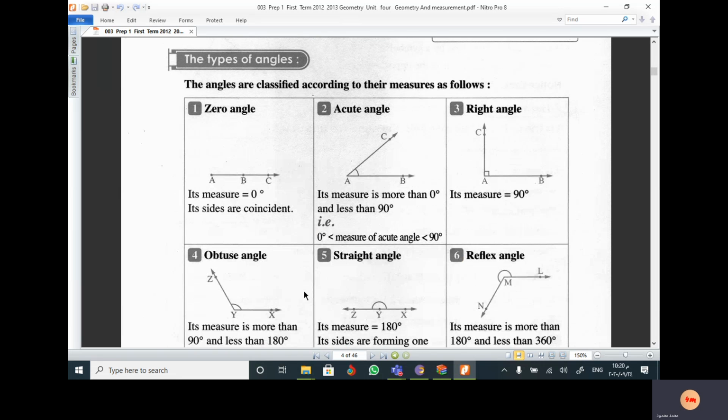Types of angles. Zero angle. A zero angle measures 0 degrees. Its sides are coincident. Coincident means